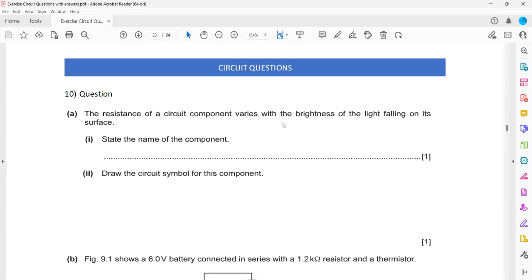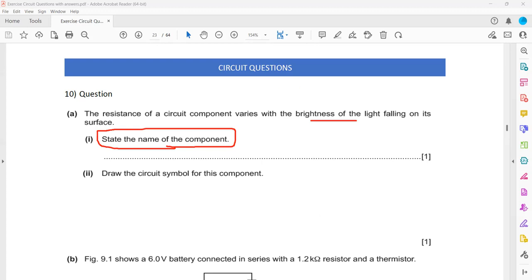Question 10. The resistance of a circuit component varies with the brightness of a light that falls on it. State the name of the component. Which component's resistance changes with light? You can use your mic or the chat to state which component's resistance changes with light, that is known as